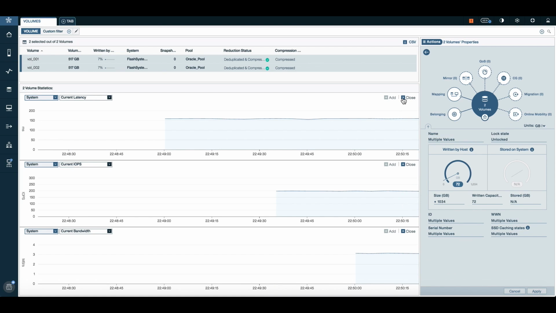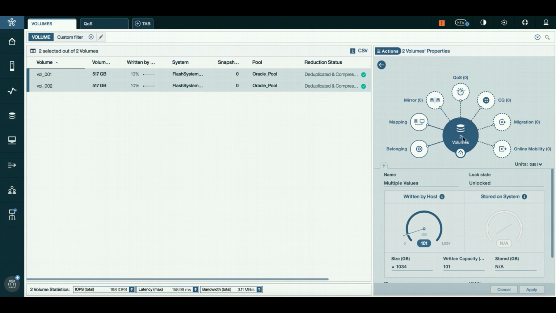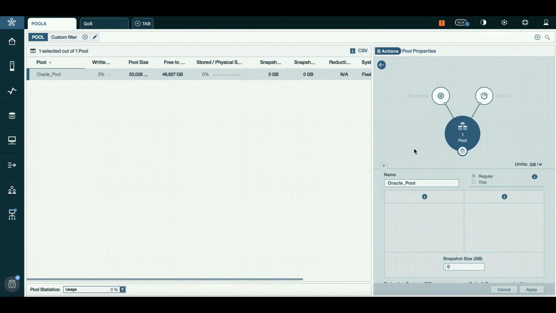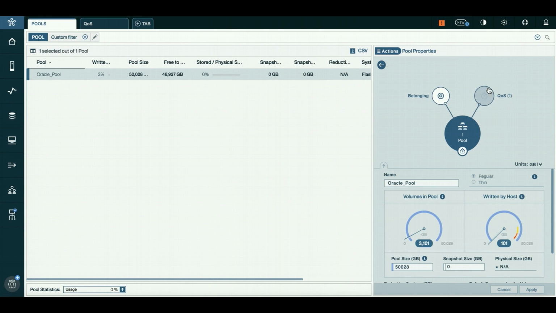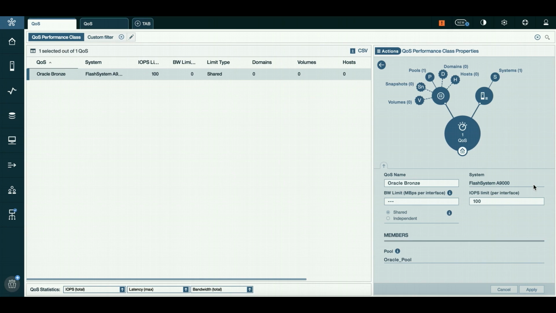So I can close all of these charts. As you can see, live updates. And back to my volumes. And again, no quality of service was applied at the volume level or the host level, but take a look. On my pool level, that is where the quality of service was applied, which is what was affecting those particular